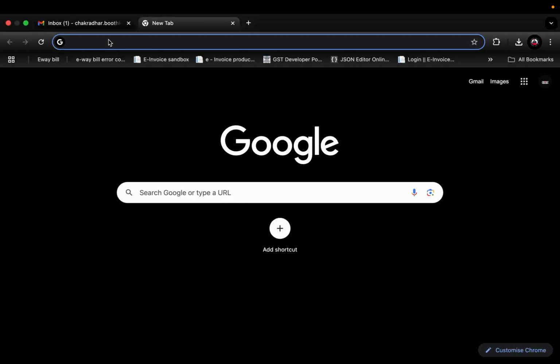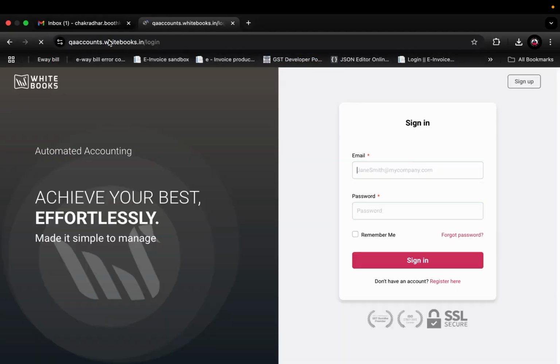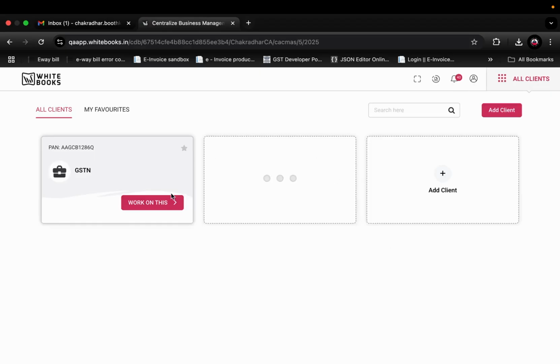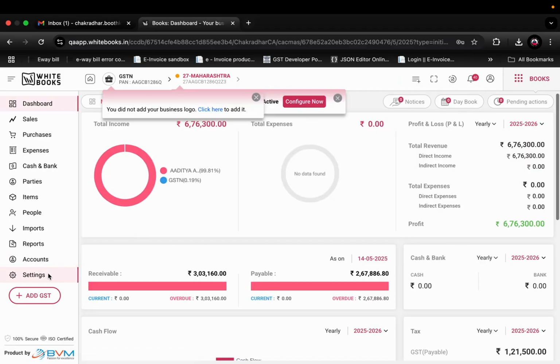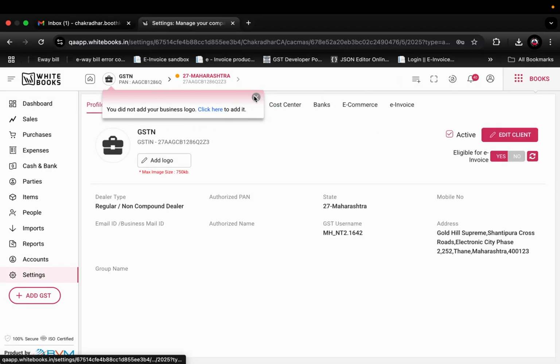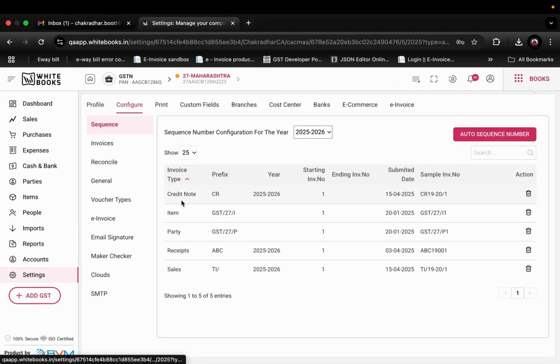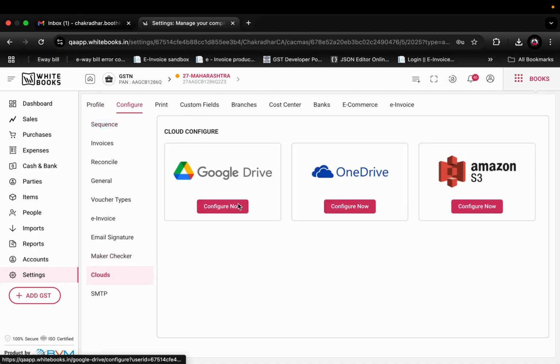Coming to our application, here I am taking you through our application. First, the customer will create a login by using his email ID and password. He will sign into the application and select whichever company he wants. So the first thing is he will come to the settings and configure the Google Drive here by